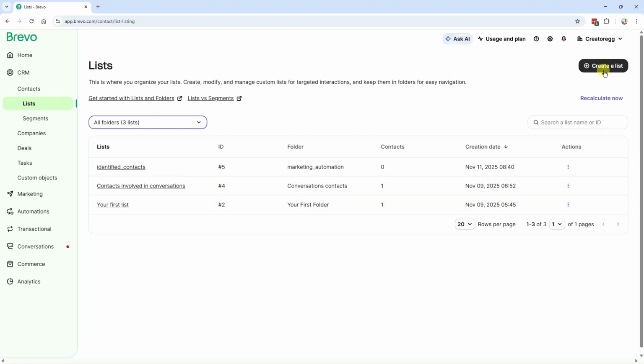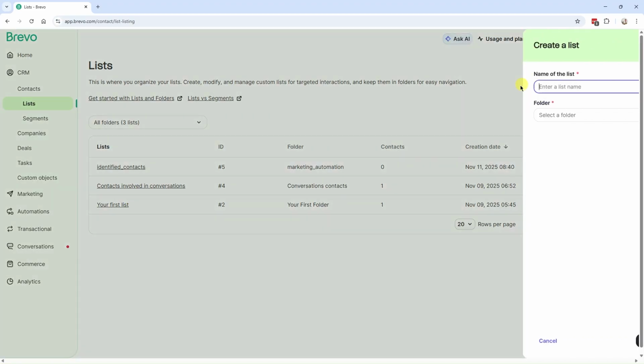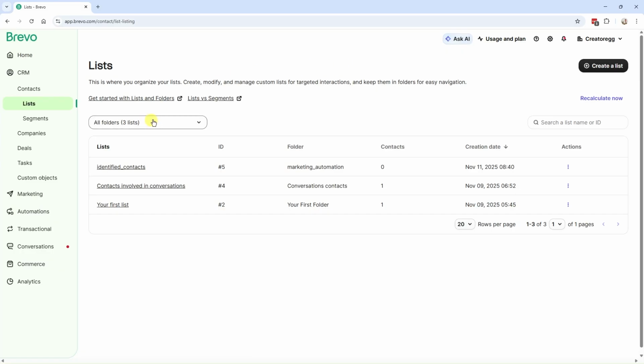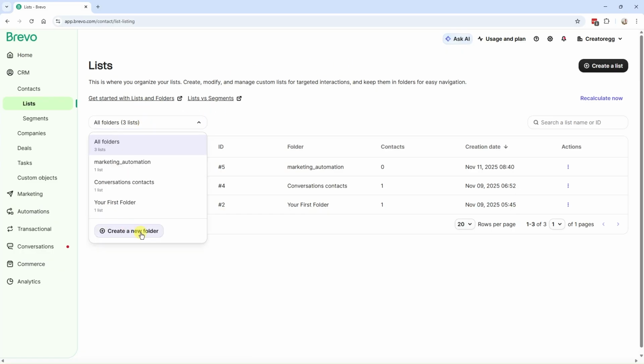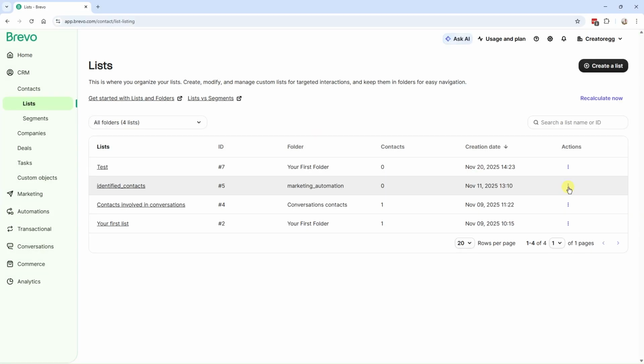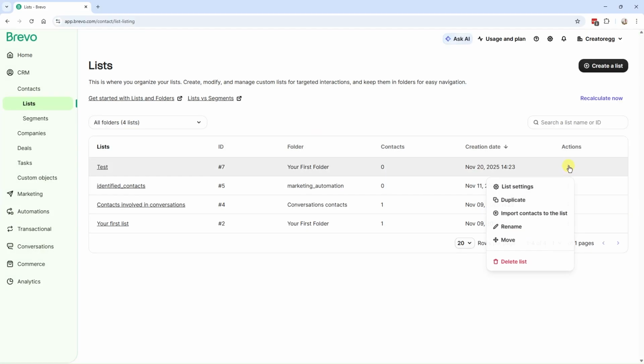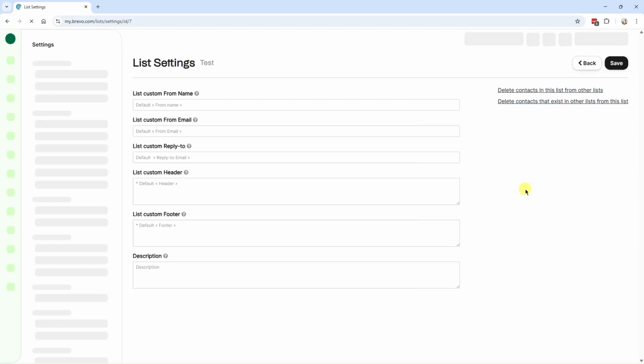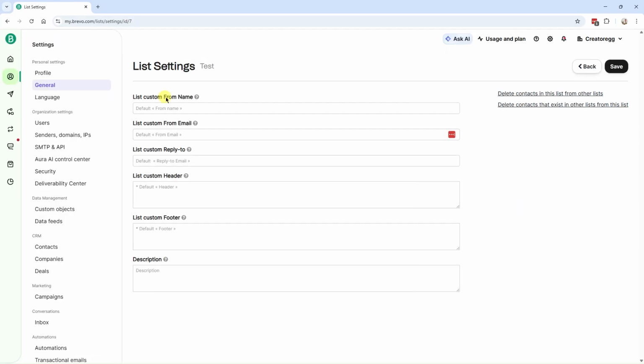So Brevo allows you to create different lists, so you can click on create a list, and you can also organize your list with folders, so you can create a new folder and organize your list that way. And what is also pretty helpful is that if you click on these three dots here, go to list settings. Over here you can set default from names, from email, default footer,